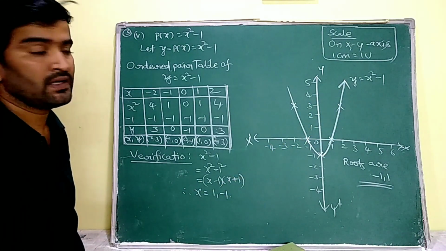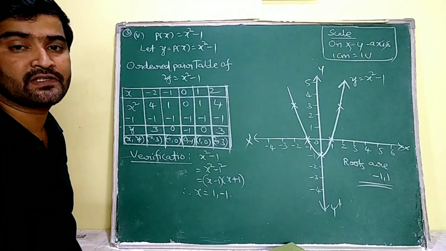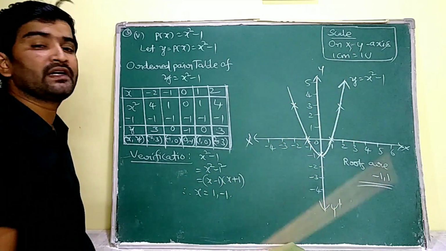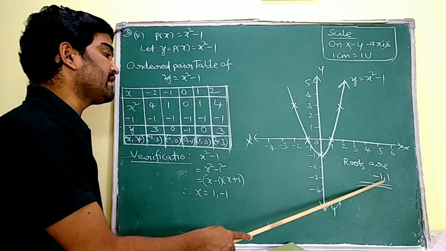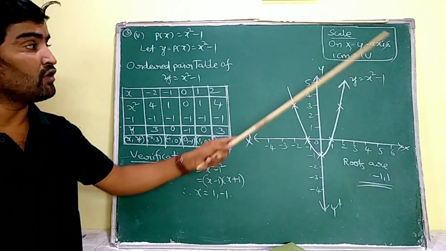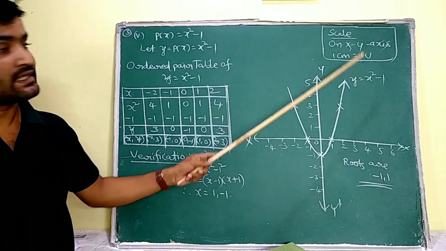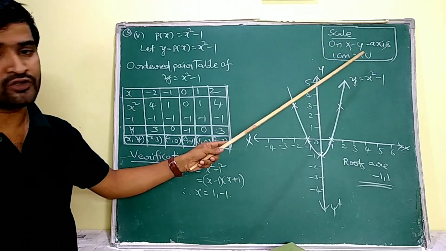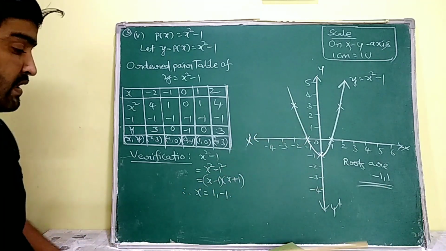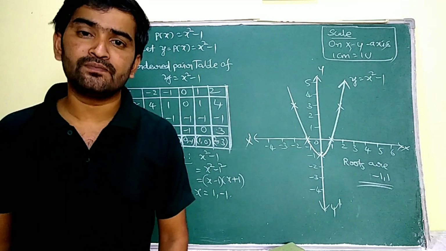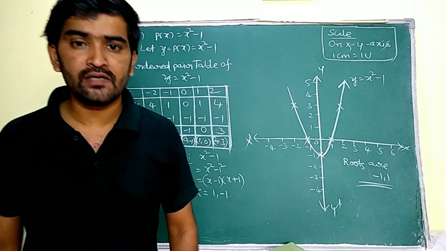2, 3. And join those points by the help of a scale and name this graph as y is equal to x square minus 1, ma. Okay, now here see the roots are minus 1 comma 1. Okay, definitely you have to write the scale, ma. Okay, scale here 1 centimeter is equal to 1 unit only on both the axes. Okay, so this is the graph, ma. Now I am going to show you the actual graph. Okay,